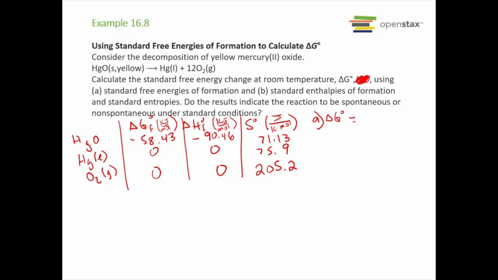So our products are liquid mercury and gaseous oxygen. And so we have 1 mole of liquid